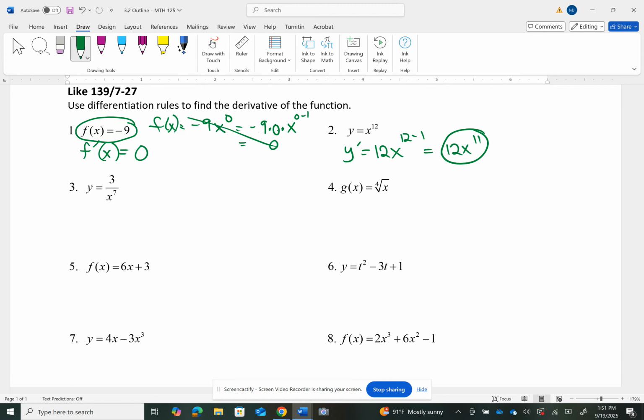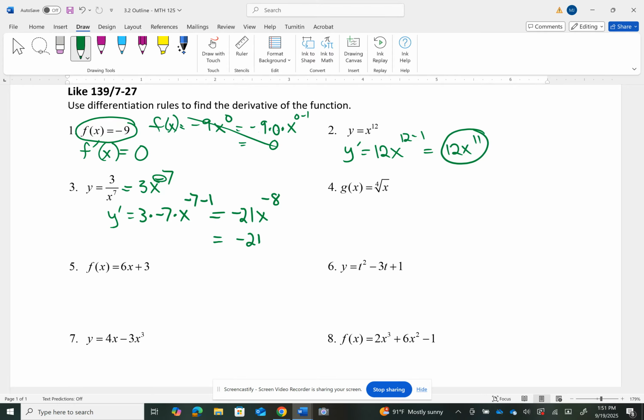Okay. All right, now both 3 and 4 need to be rewritten. So this is where knowing your exponents can help. So I'm not doing the derivative right now. I'm just rewriting the expression so it looks like a power function. And so for the x to the 7th to wind up in the denominator, it had to come from 3x to the -7 power. So now when I go to do the derivative, bring the constant along. Okay, the exponent comes down in front, and then I'm subtracting 1 from the exponent. So that becomes -21x to the -8th power,